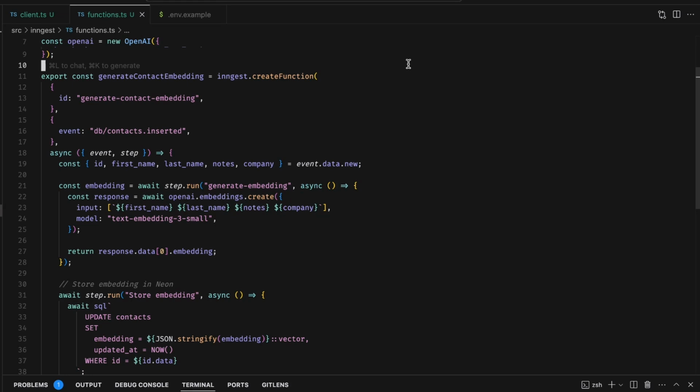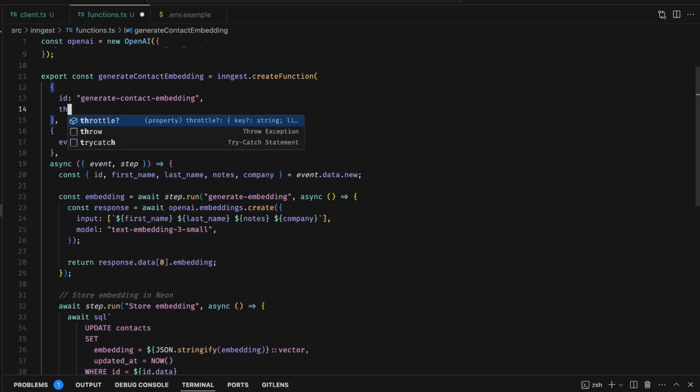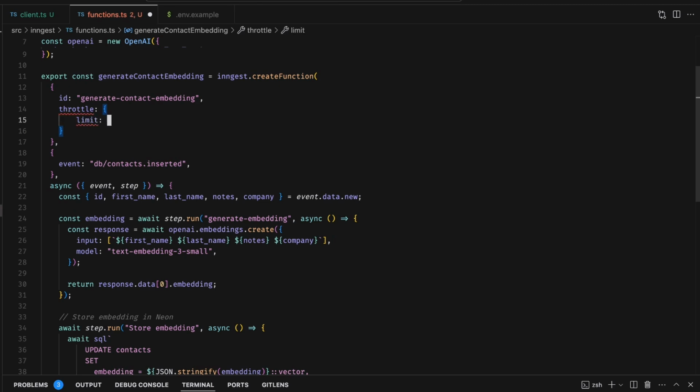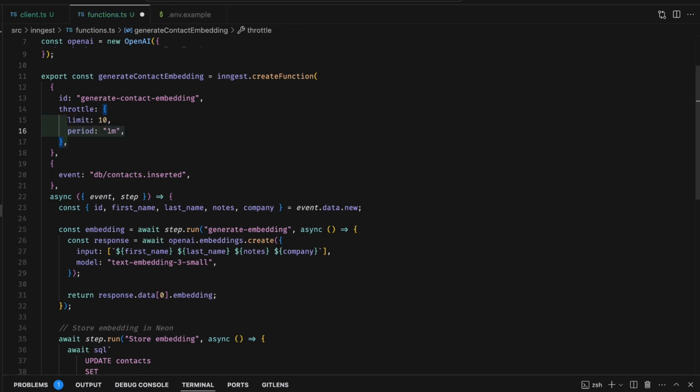This workflow is going to run every time a contact is inserted. So one thing we want to do is to make sure that if we have thousands of contacts being inserted at one point, we distribute them in time to not reach the rate limit of OpenAI. And doing this kind of pretty complex configuration is a one-liner with Inngest. So what you can do is actually to add a throttle, and you're going to put a limit, and we're going to say, okay, we want to do 10 runs, or 10 runs every minute. So this is going to enable us to update the vectors in a scalable way while enabling us to import a